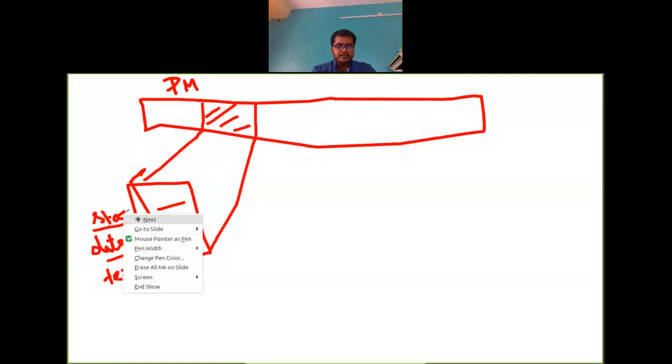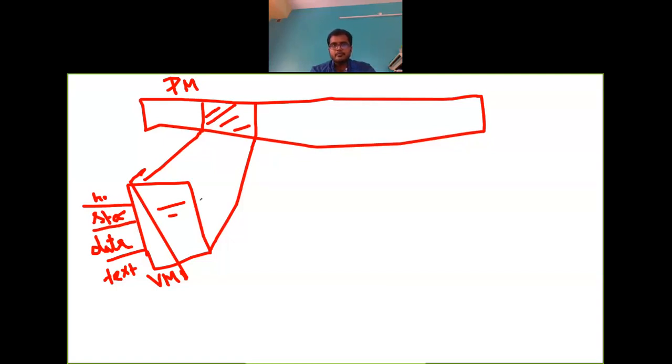Then you have the stack and the heap. So with all these things, a virtual memory space is created, which is mapped to the physical memory by the operating system.